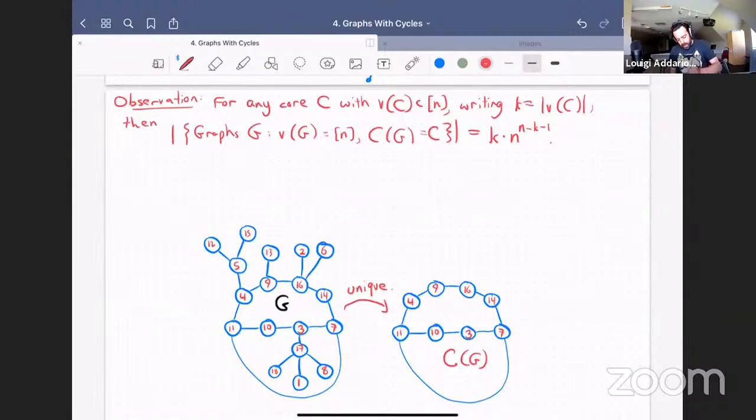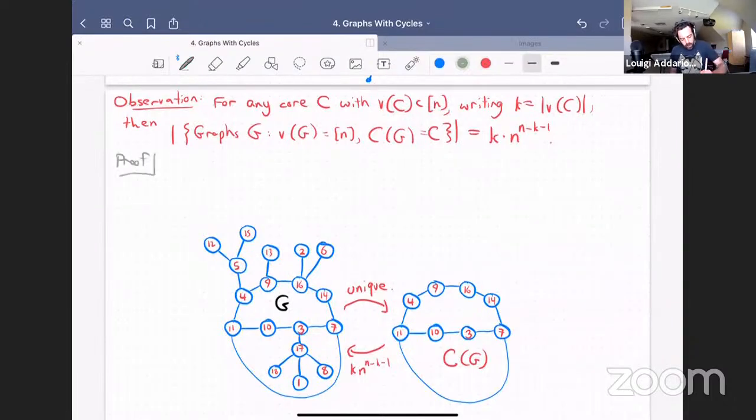So that's saying that going back this way, there's k times n to the n minus k minus 1 preimages, where k is this. So here, k is 8 and n is 14 or 15. Okay, and the reason for this is